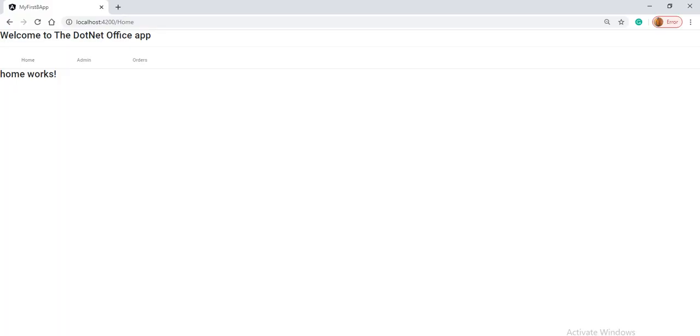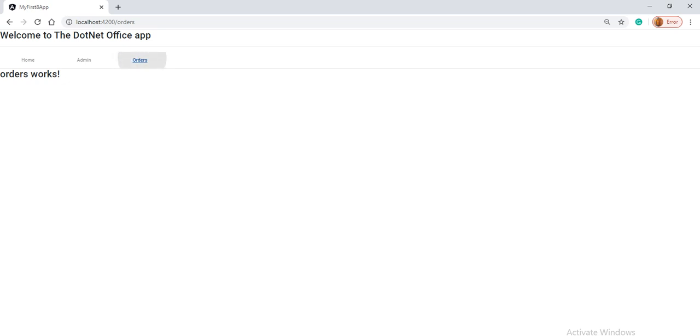In the browser we can see three tabs created: home, admin and orders. The admin tab works as we did in the last tutorial: when I click on it, it gives a message that we are not authorized and can't go to this page. Now I will click on orders, and we can move there. But when I navigate to any other page, it gives a message: do you want to leave this page or not? If I click on home, we see this message. If I give cancel, we stay on the same page.